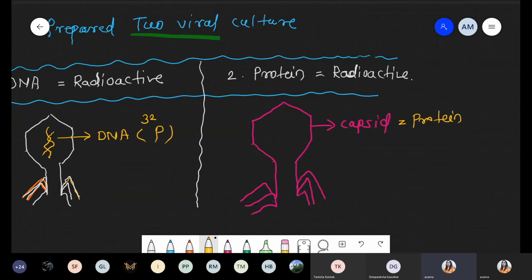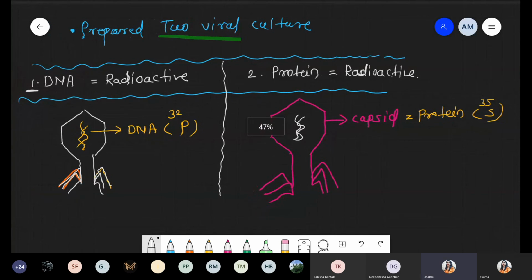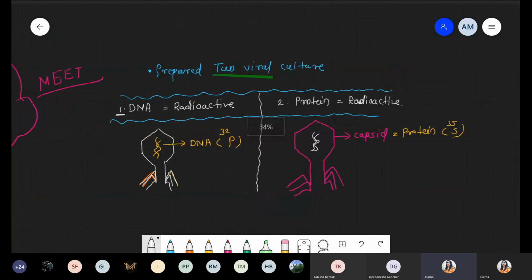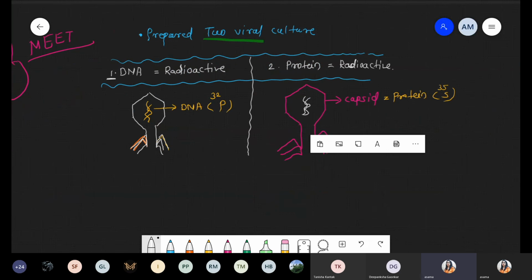And for the labeling of protein, scientists simply used S35, which is a radioactive isotope, with normal DNA. So DNA will be present, but it is normal DNA. Now what happened? These are the two experiments. They use two techniques, the DNA radio label technique and the protein radio label technique, by using phosphate and sulfur. Now the third common step: at a time in the two containers, in the two experiments, they perform three steps: infection, blending, and centrifugation. So these steps are common for both experiments.